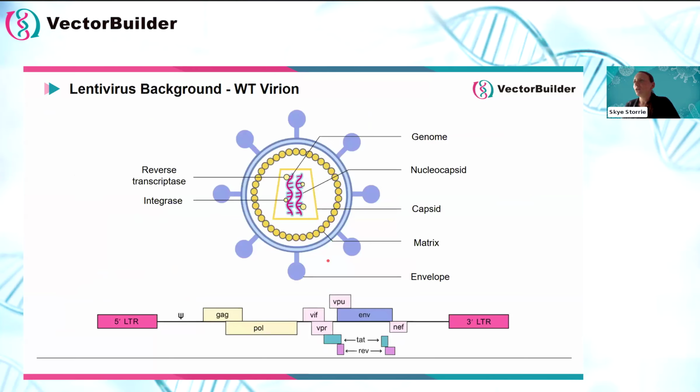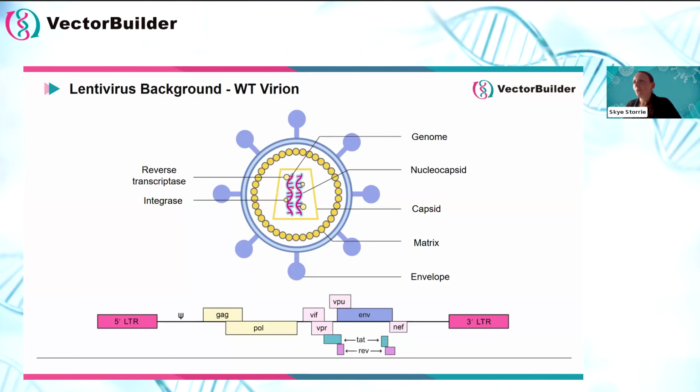So this is the basic structure of a lentiviral virion, with its RNA genome at the core, surrounded by the nucleocapsid, capsid, matrix, and also these outer envelope proteins. In the center of the virion, we also have some viral enzymes, which are important during different stages of the viral life cycle, and we'll go into this again a little bit later. And if we